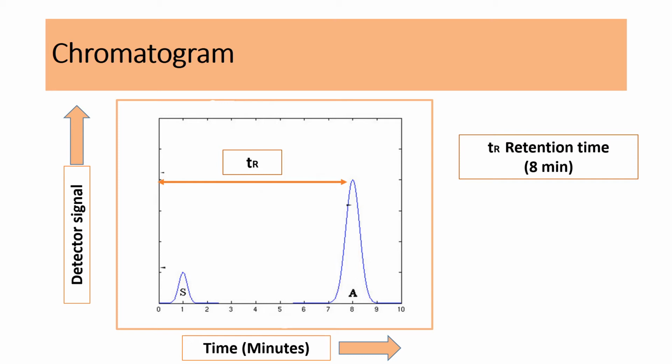Now just have a look at the sample spot indicated by S. Here also something is separated. Dear students, do remember the separation or movement of the sample component across the column is possible with the help of mobile phase. So of the 8 minutes the sample has taken to reach from its point of application to the detector, some time every component will spend, because that is the time required for the mobile phase to travel from one end of the column to the other end of the column.